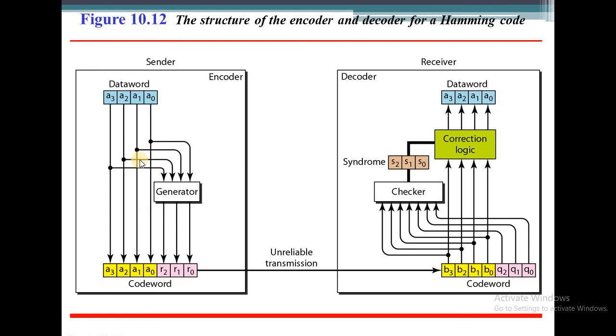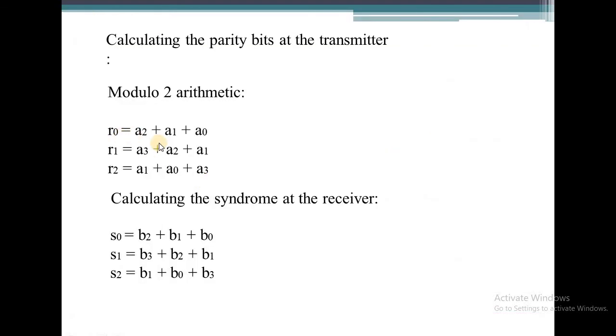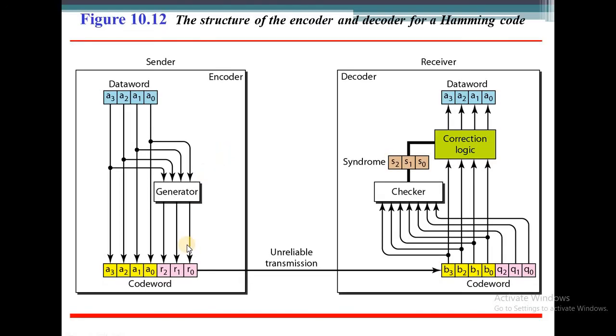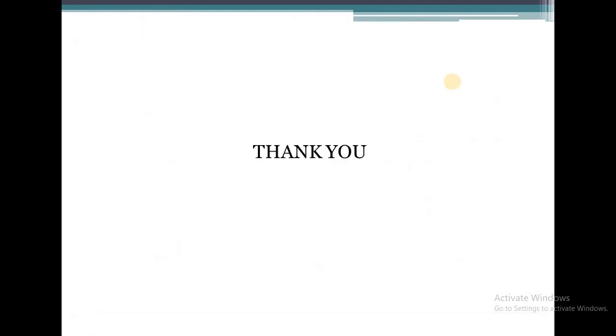And the same thing is shown with the diagram here. We have a 4-bit data word, and the generator generates 3 redundant bits, and how the generator does this was given in the previous problem. Here it's going to use these formulas to create the redundant bits. At the receiver side, the checker is going to create the syndromes, and it's going to check for the correct data word, and that will be given to the receiver. Thank you.